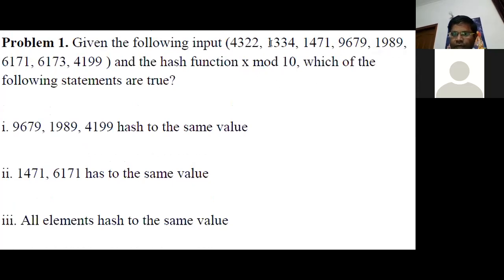Again, calculate for 1334, it returns the value 4. For 1471 modulo 10, it returns 1. For 9679 modulo 10, it returns 9. 1989 modulo 10 returns 9. 6171 modulo 10 returns 1. 6173 modulo 10 returns 3. 4199 modulo 10 returns 9. So these are the values that we are getting. After calculating all these values, you have to check all the statements